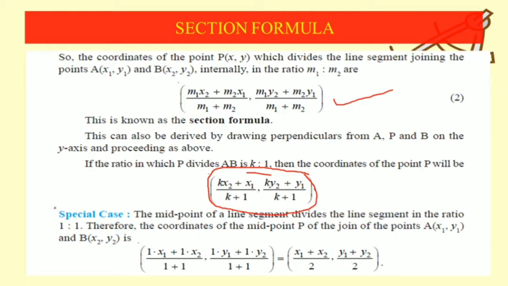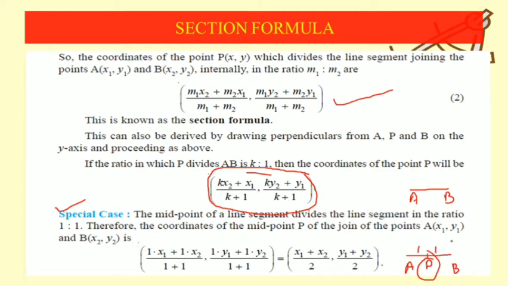Now, a very important and special case. Right now we are saying suppose this is a line AB, and point P can lie anywhere on this line. But suppose this point P is lying just in the middle of this line segment AB. Suppose it is the midpoint. In that case, how do we find the coordinates of this midpoint? Now see, if this is the midpoint, then the lengths AP and PB will be equal. So if you find the ratio of AP and PB, it will come 1 upon 1.